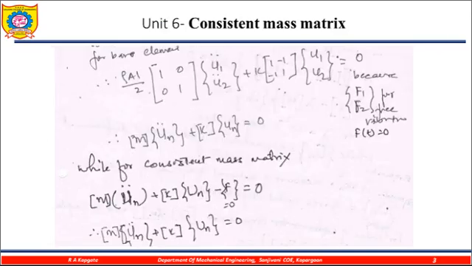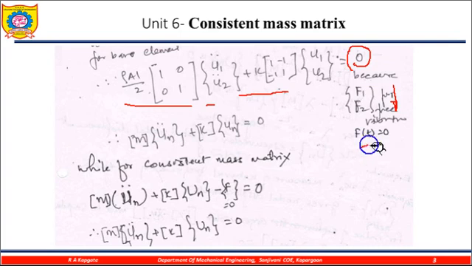Let us move next. What will happen? Now this one is rho AL by 2 times 1 0 0 1, and K into 1 -1 -1 1 times u, but the forces are 0. Why is this 0? Because this is the free vibration process. Free vibration means there is no force applied. So if there is no force applied, f1 and f2 become 0, meaning the function of t is equal to 0. Hence I am moving on to my generalized equation, that is the mass matrix multiplied by the acceleration matrix plus K matrix multiplied by the displacement matrix is equal to 0.